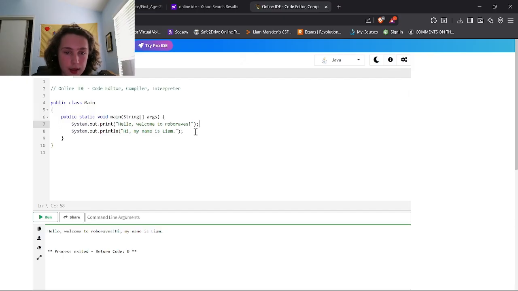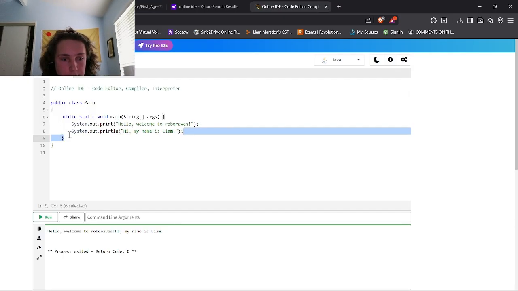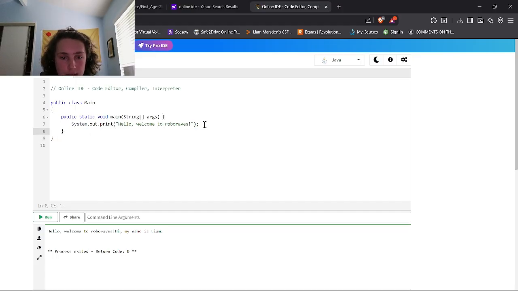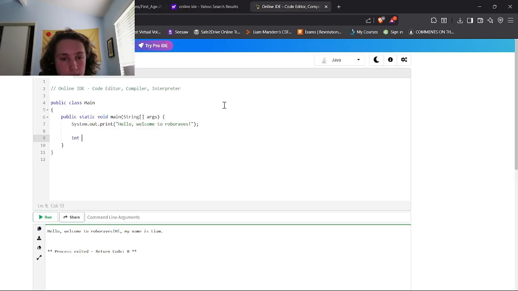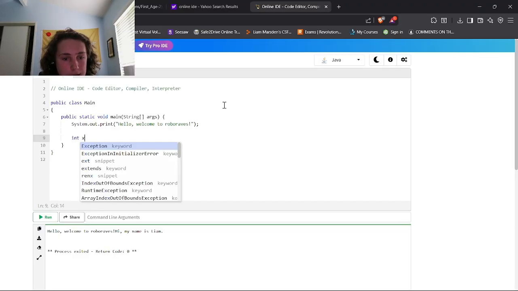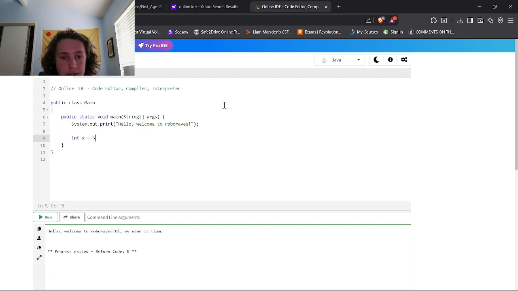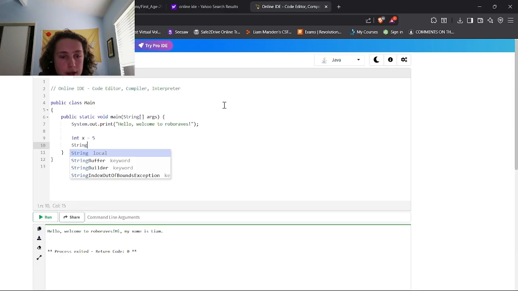So let's just delete this, and then let's get a new variable. So we'll just make an integer to start. So we'll do int, which is the keyword. Let's just call it x. That's a pretty good variable name. Int x equals 5. And then just to make it a bit more, we'll do String, which has to be capitalized,